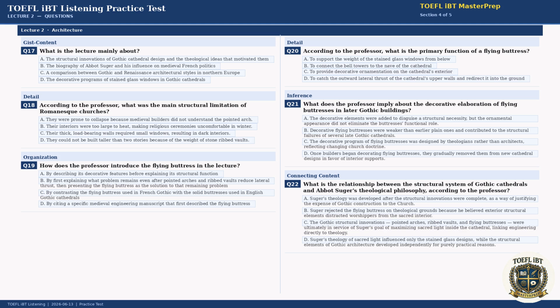But here's the remaining problem: even with pointed arches and ribbed vaults, some lateral thrust still had to go somewhere. That's where the flying buttress came in. A flying buttress is an arched stone prop that reaches from a freestanding outer pier across open air to meet the upper wall of the cathedral, catching that outward thrust and redirecting it down into the ground. It literally looks like a stone arm reaching out to catch the wall before it falls.